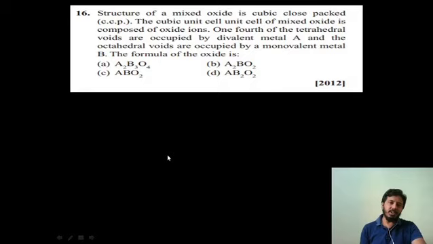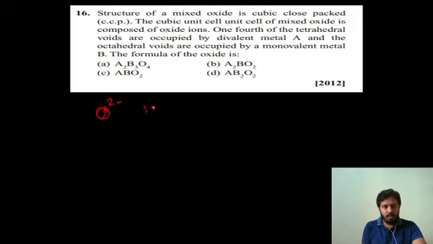16. Structure of a mixed oxide is a cubic close packed structure. The cubic unit cell of the mixed oxide is composed of oxide ions. One-fourth of the tetrahedral voids are occupied by the divalent metal A, and the octahedral voids are occupied by the monovalent metal B. The formula of the oxide is, so here we can calculate the formula of the oxide by